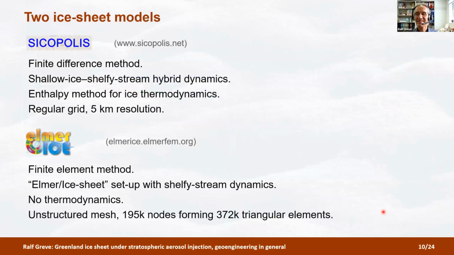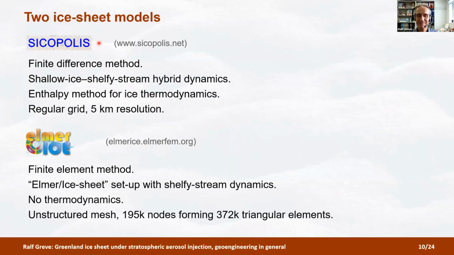Okay, so then, as I said, we use the output from the Earth system models to drive the ice sheet models. And we used 2 ice sheet models for this study, and on purpose 2 quite different ones to see also the impact of the choice of the ice sheet model on the results. And the 2 models specifically are Psychopolis and Elma ice. Well, Psychopolis